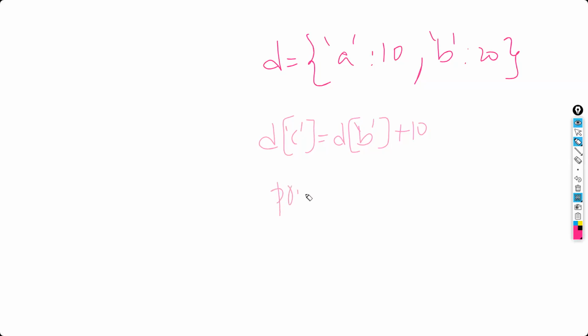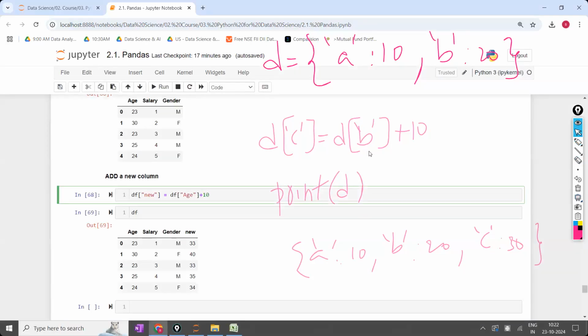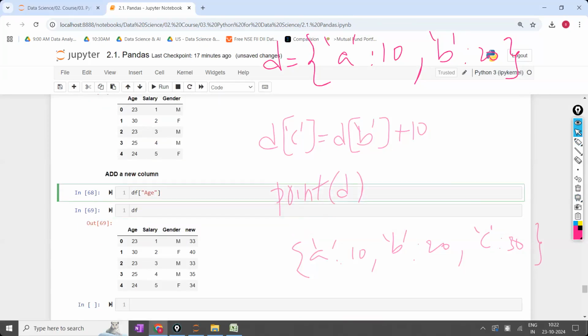And now if I print D, what is the output? A with 10, B with 20, C with 30. Same logic I have done in pandas just now. First I have selected one of the keys, and for that key, the values it has. The first step is df of age, which means nothing but D of B. D of B will give 20. So here df of age will give